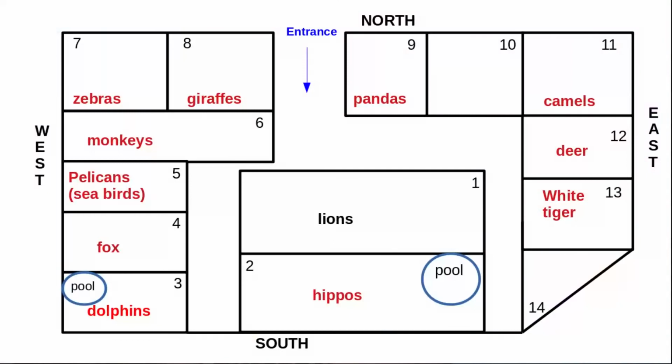Then the white tiger. And of course, you can see in the corner that triangular shaped cage in which the beautiful exotic parrots are. Okay, I think almost all of you have completed or filled the columns of the specific cages. That's a wonderful thing because it tells that you have a very good listening capacity. I have just tested and checked right now that you have a very good listening capacity.